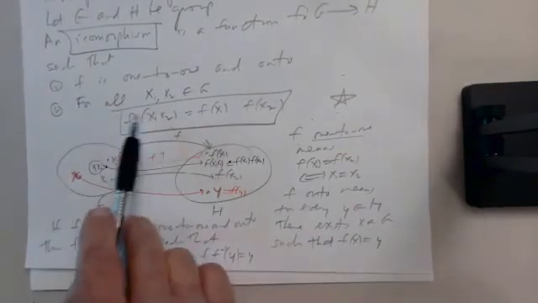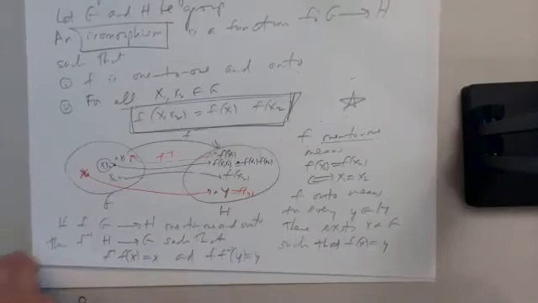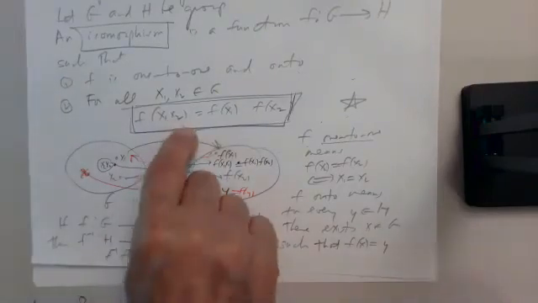So that's what this functional equation says. And two groups are said to be isomorphic if there's a function between them that's 1-to-1 and onto and satisfies this very pretty property. So there's a homework problem where I say, look at